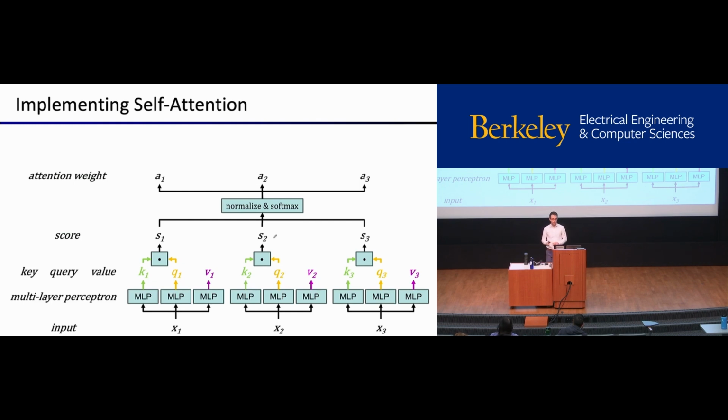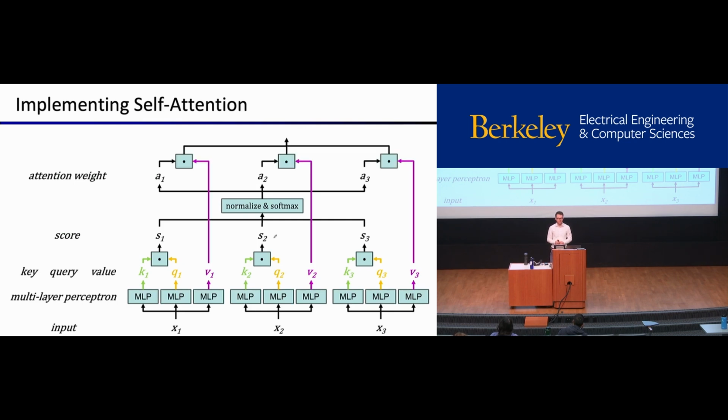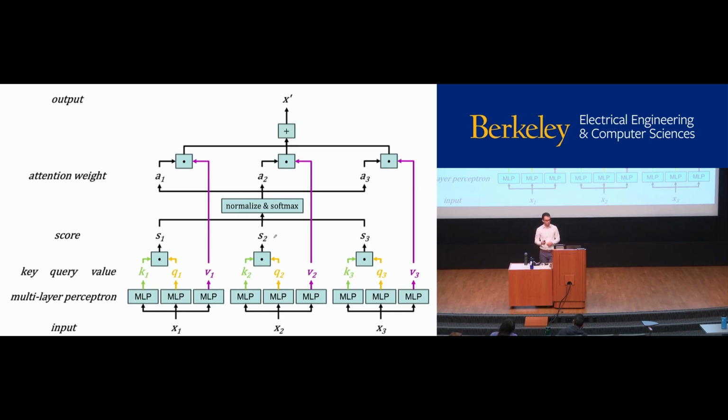Okay, so then the last piece is we multiply this value that we generated by the attention score. We take our input x, run it through a multi-layer perceptron to figure out some features that are like internal model features. Who knows what neural networks do with this stuff? And then we have this v1, and we're saying, well, there's a v1, a v2, a v3. We should be attending to the v1 that came from x1 with weight a1, and then we should multiply those two things together. And we're going to add all of these things together at the end,